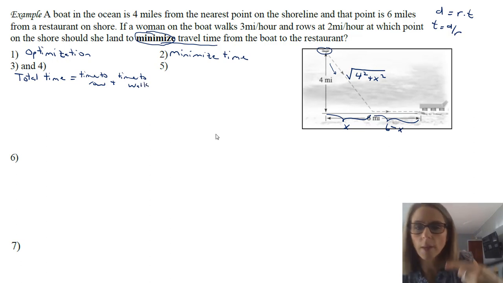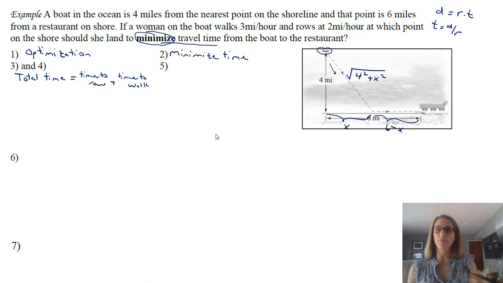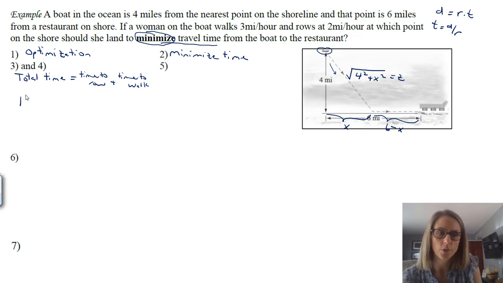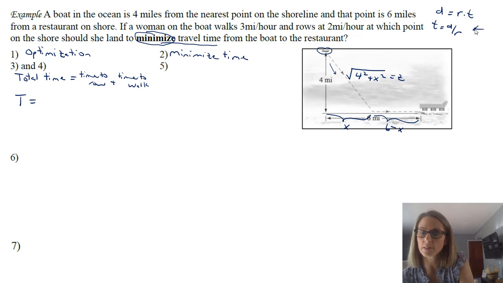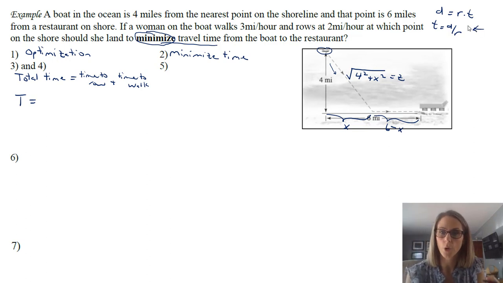I could have made different variables like x and y and then had to make it into one variable. Arguably you could think of this as a second variable here, you could call that y or z, but I'm just going to use it as what it is, which is using the Pythagorean theorem. So the total time is coming from the time to row, and the time to row is just the distance rowed divided by the rate that is being rowed.